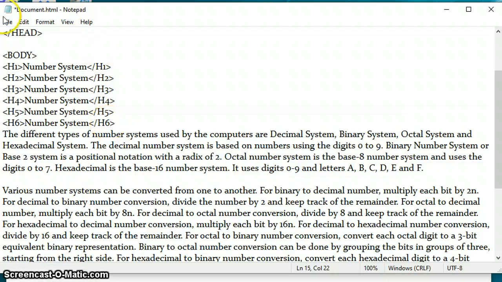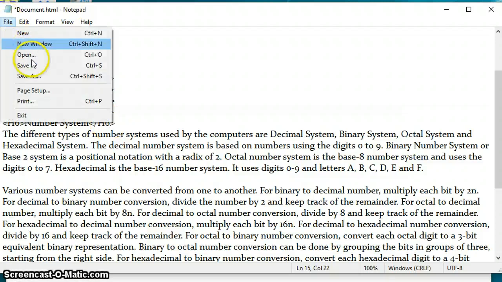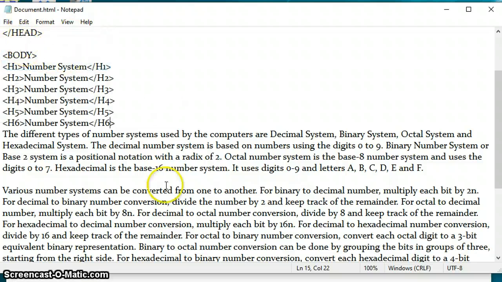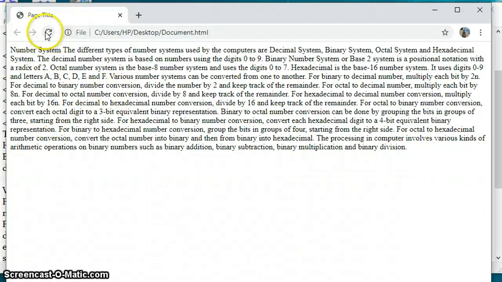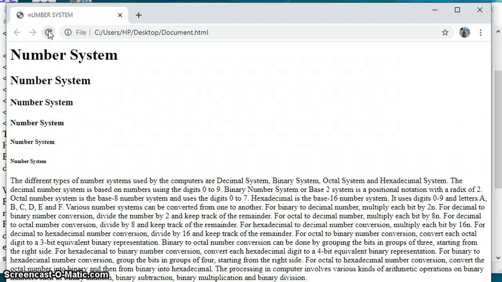Now let us save the document and check for the heading whether it is appearing properly or not. This was our file, and as you can see, I have changed the heading, title to number system.